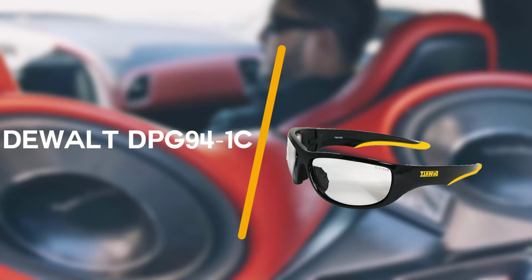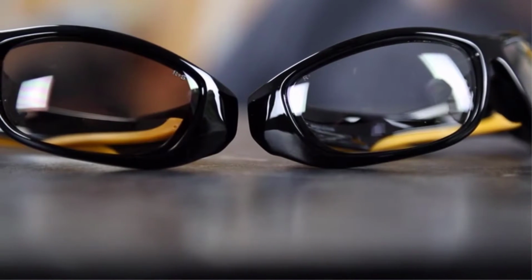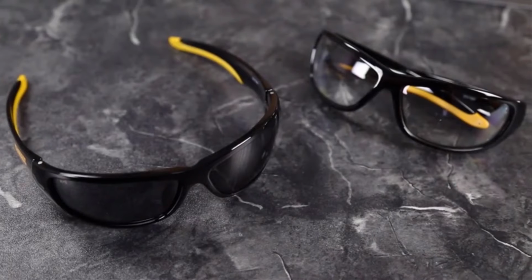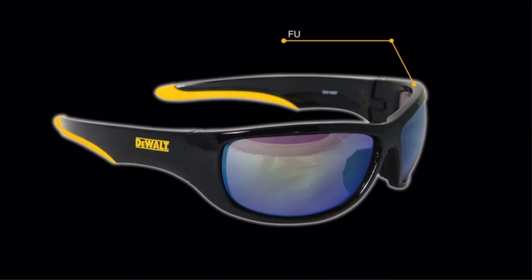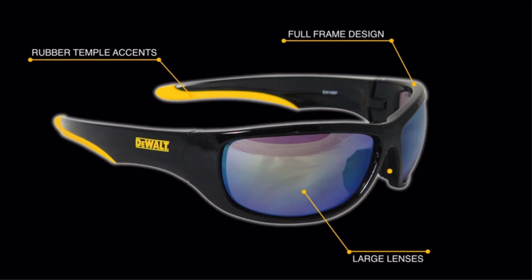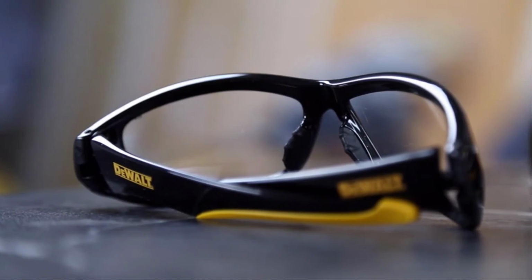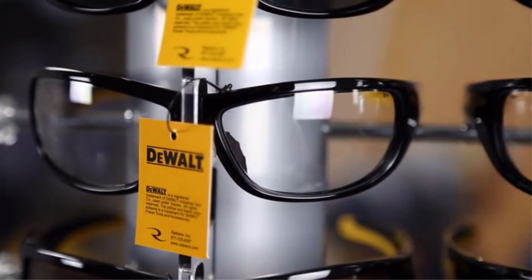To begin with is the Dewalt DPG 941C Dominator safety glasses. Nothing is as bad as getting injured as you work. The best safety glasses are designed to keep you comfortable and ensure you suffer no injuries. They keep hazards as far as possible from your body's most delicate part, your eyes. Whether you're working in welding, construction, or simply enjoy hobbies that pose a threat to your eyes, it's vital to